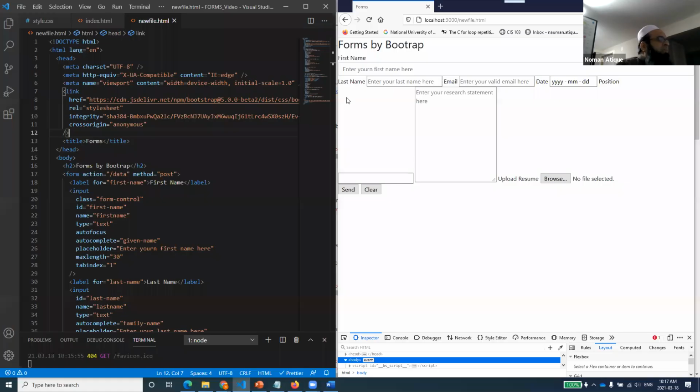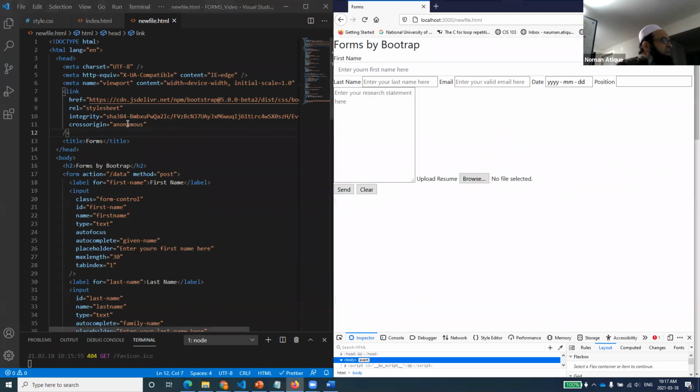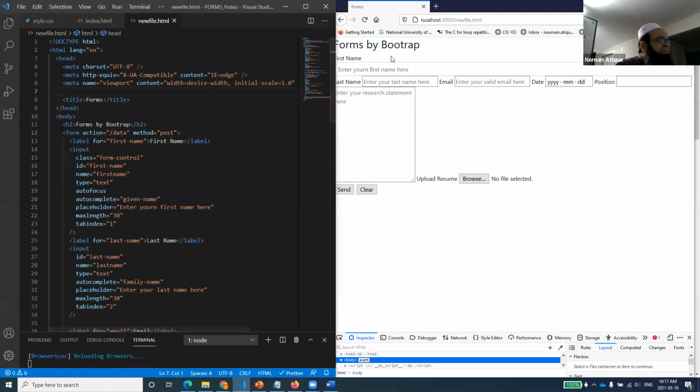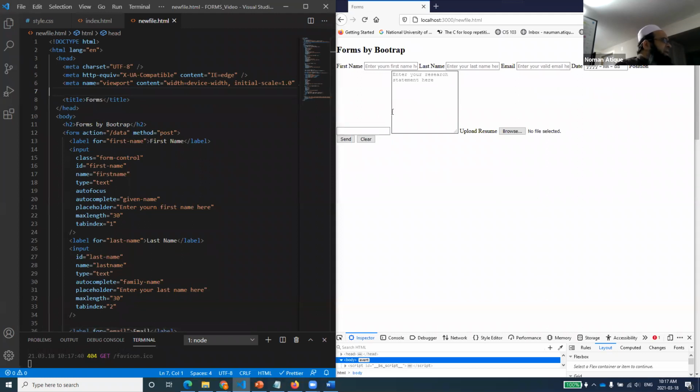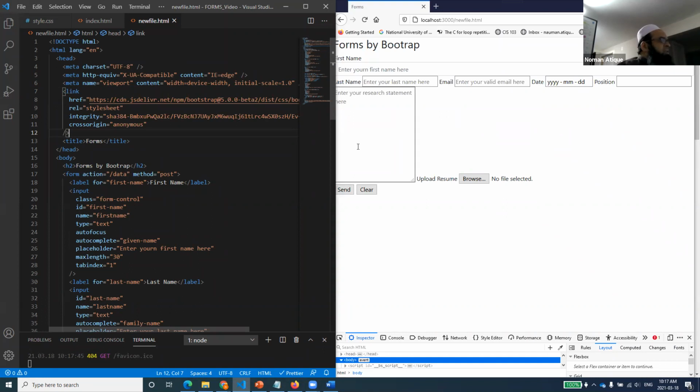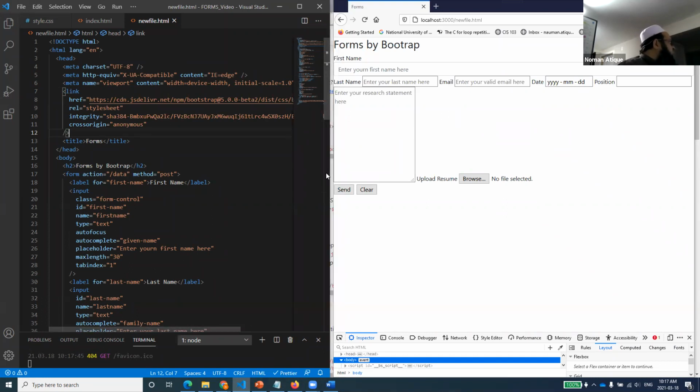Right, so now if you see here, we can see that Bootstrap difference. As long as I give this CSS, it basically implements a few different things. Time and again I'm saying, that's why I wanted to show you that if I save this one, you see my form looks like this. But when I do something like this, my form changes a bit into something cooler. But then it's not that cool, of course. Okay, so that's one thing.